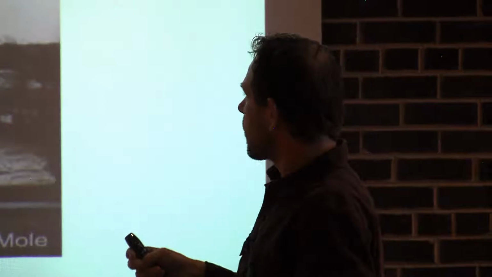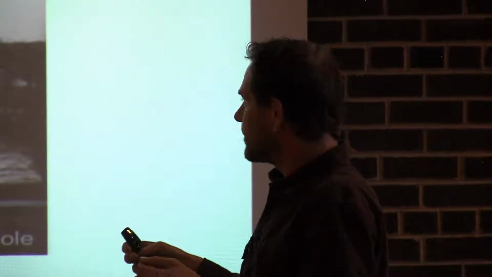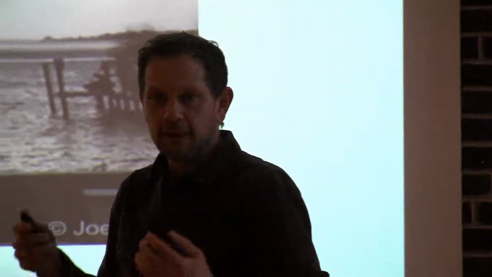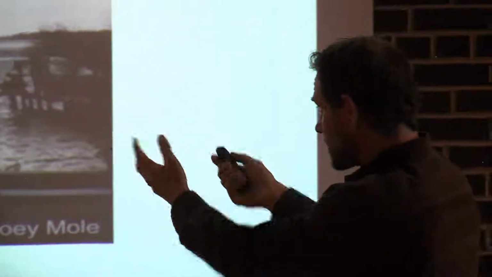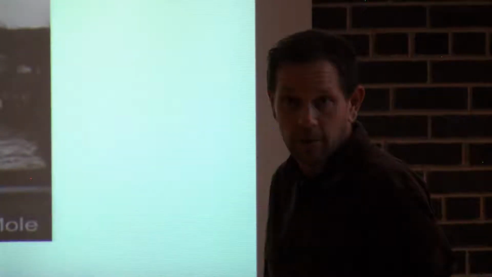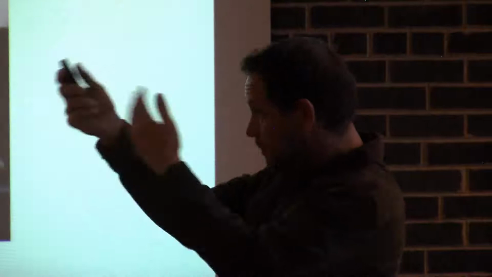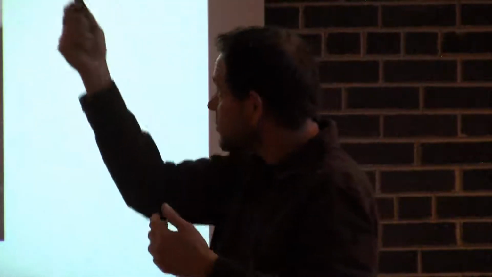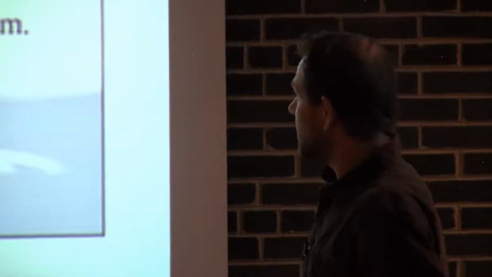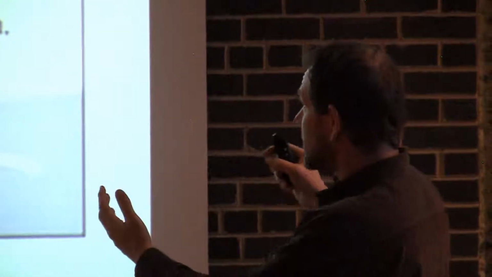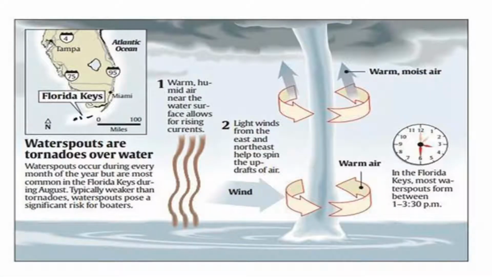They really form from deep humidity and very deep heating at the surface, especially the surface of the warm ocean water. This intense rising motion can basically just spin these up if there is a storm cloud forming above them. This is a nice diagram that kind of explains how basically all you need is a lot of evaporation and a lot of rising warm air motion, and just some slight winds.